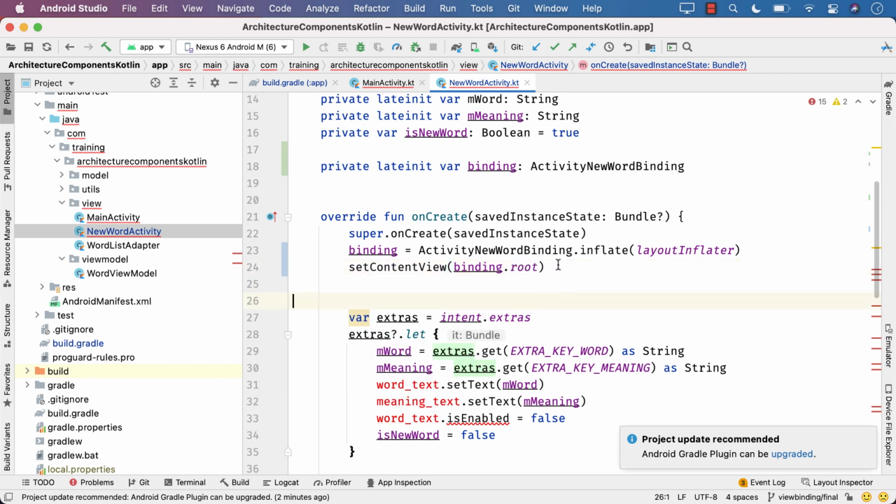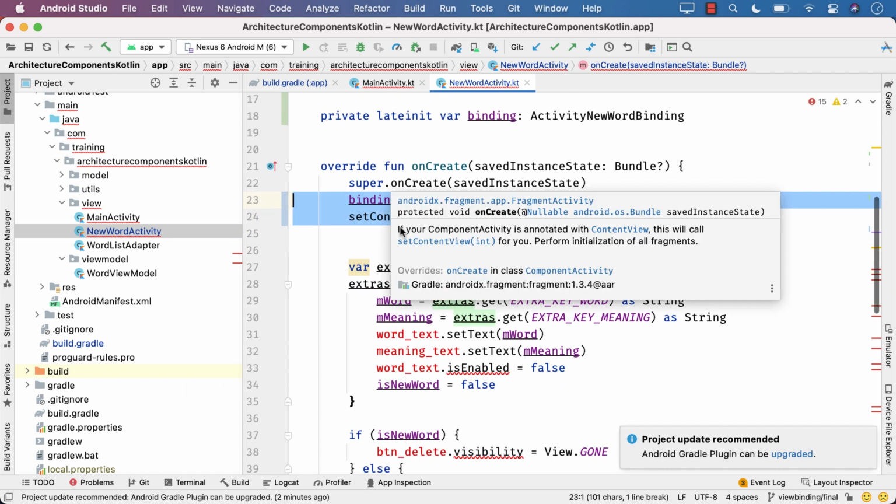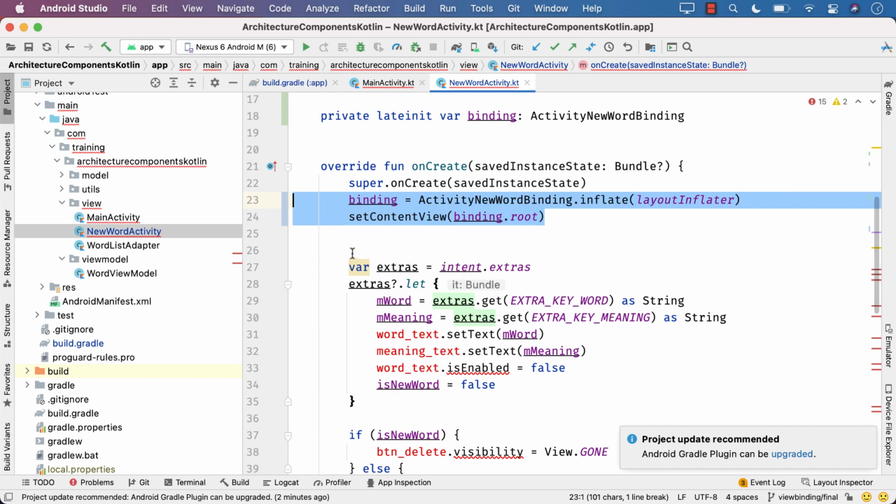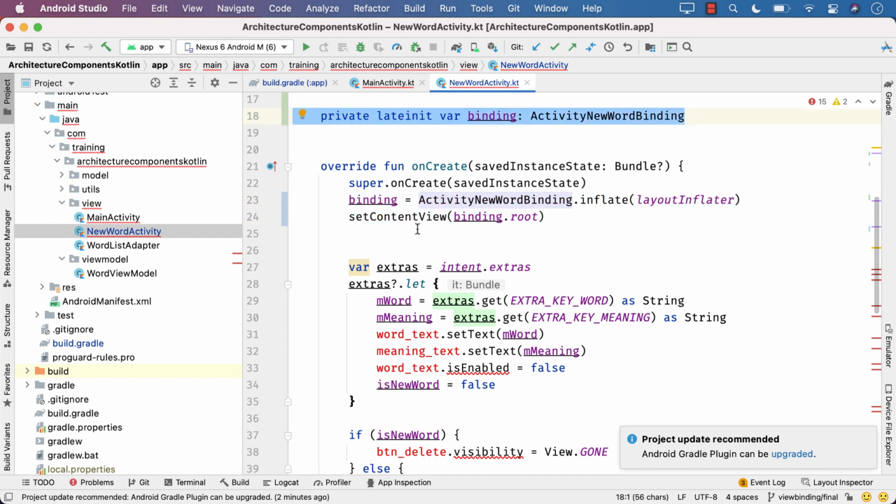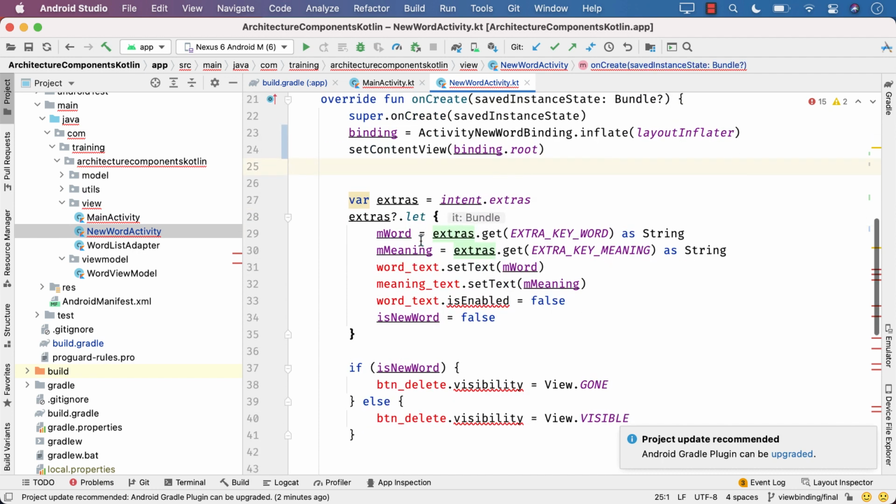This is how you migrate from the traditional XML approach to view binding. These two lines, and initially you have to declare the variable. Now everything can be accessed using binding.